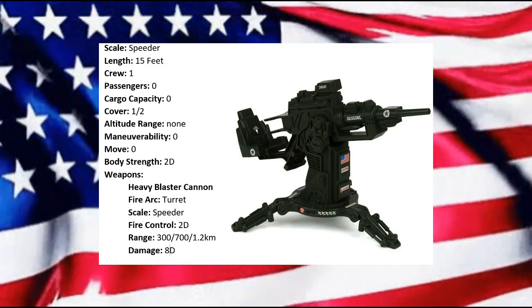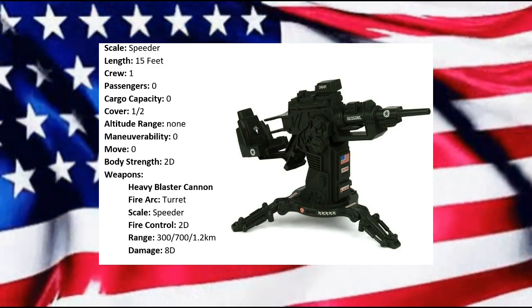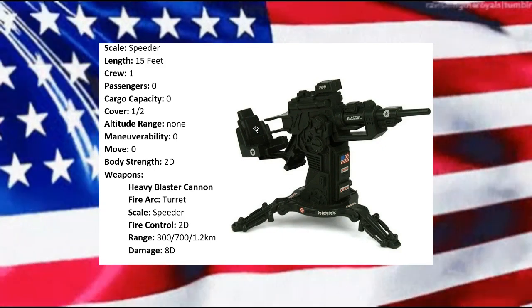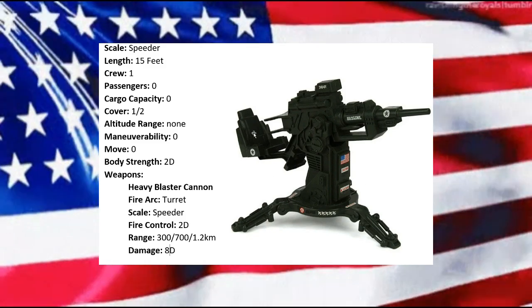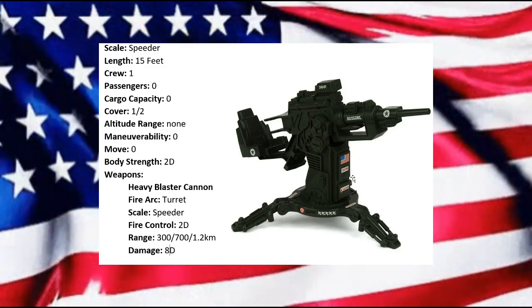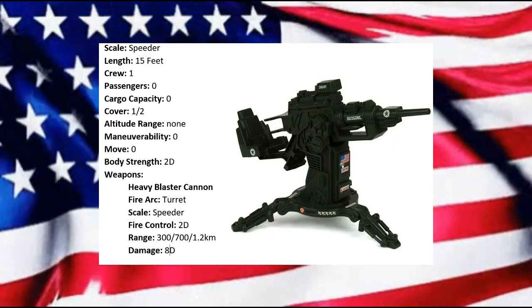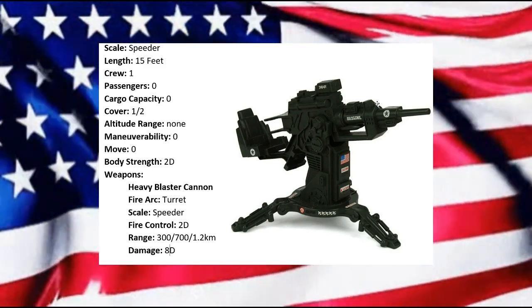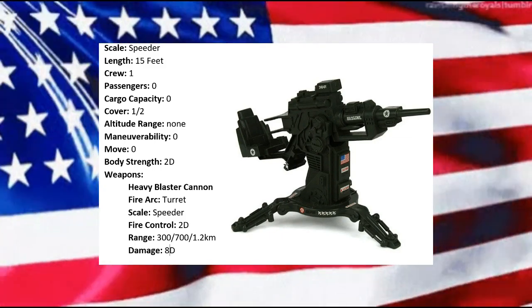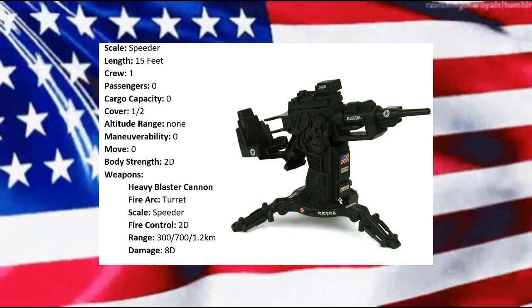Like I said, this is my take on trying to bring GI Joe into Star Wars from the old West End game Star Wars. So something like this could in my mind very easily be seen in like the Rebel Alliance or whatever, because they did have that other tower deal or whatever. But if you were on more of a jungle planet or something like that, I could very easily see something like this being used